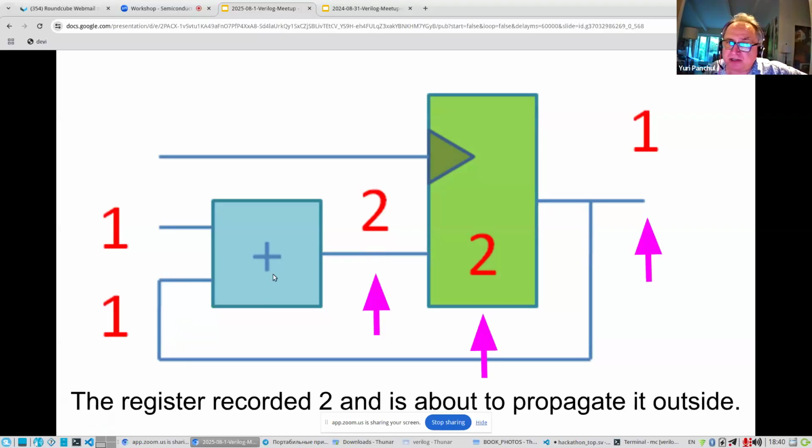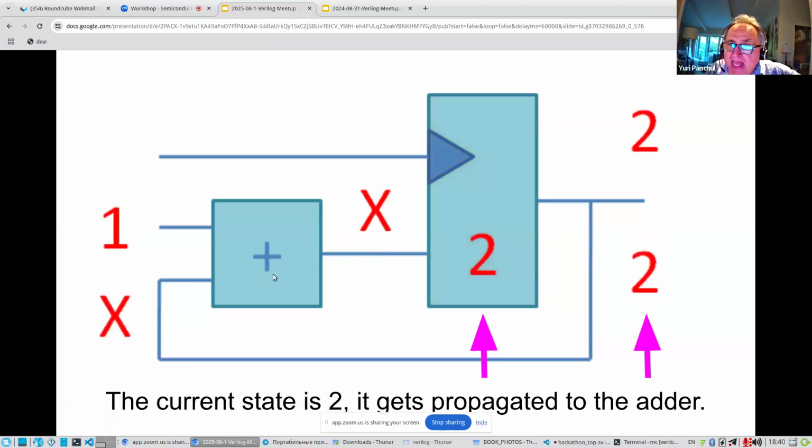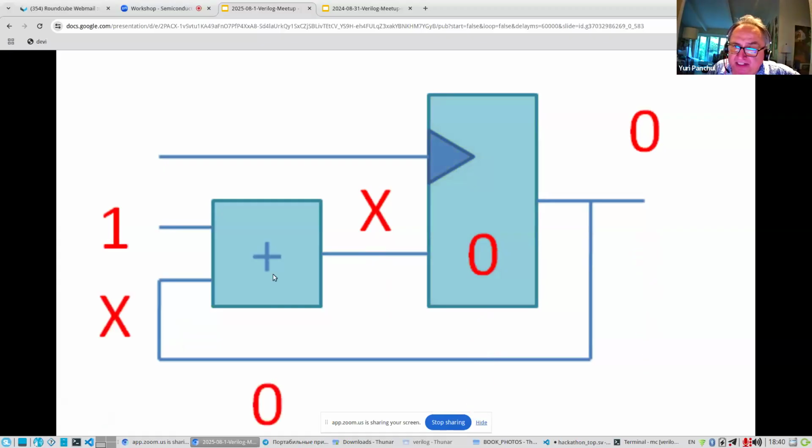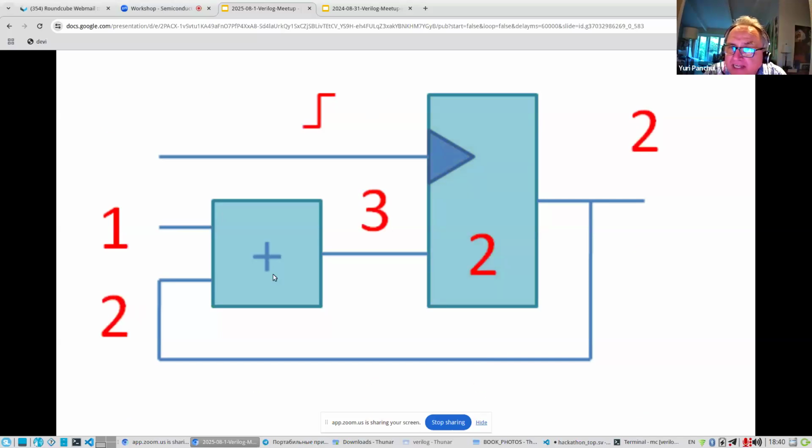So now 2 is recorded here. And then this 2 is coming out, and finally you can see that we compute every clock cycle based on a number which is stored inside the register.